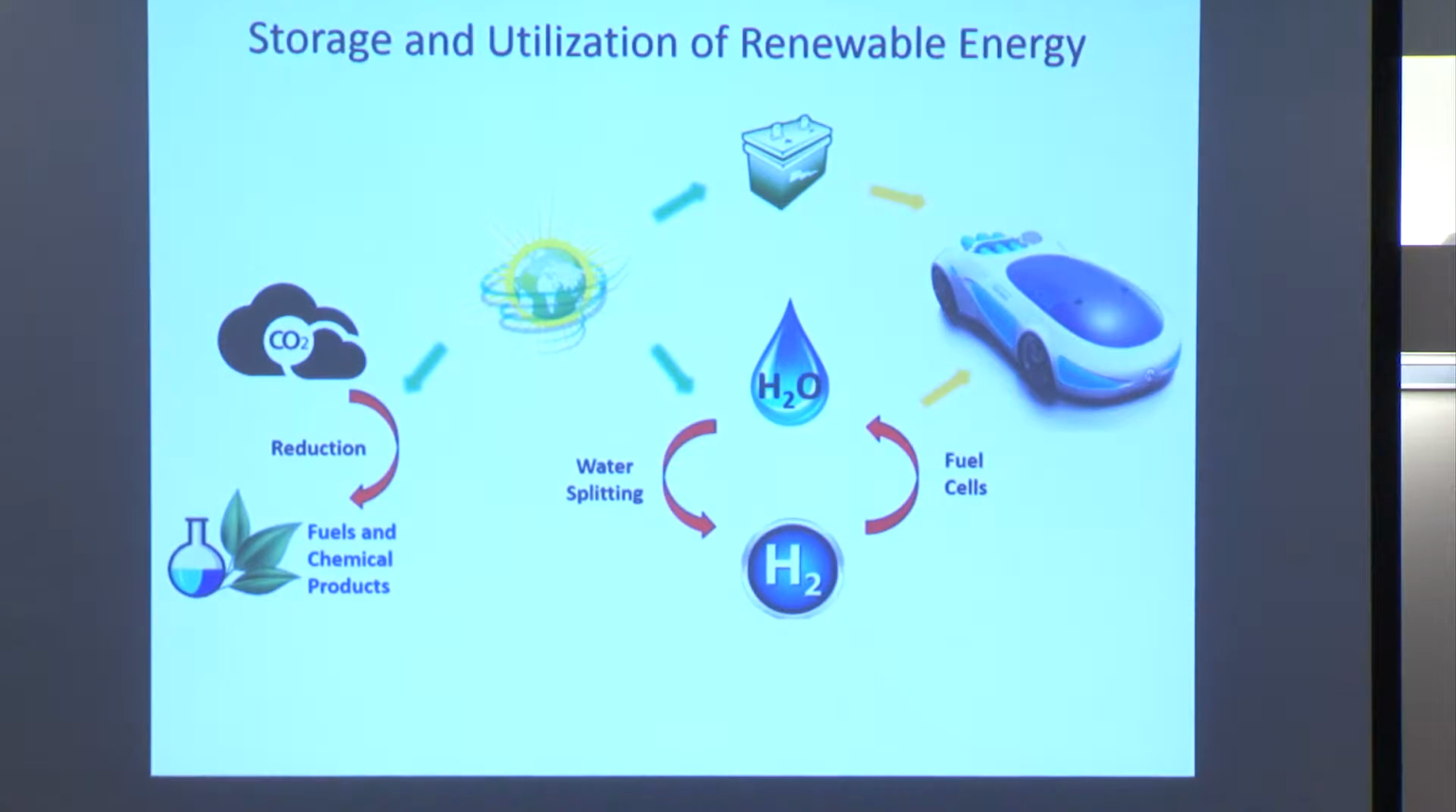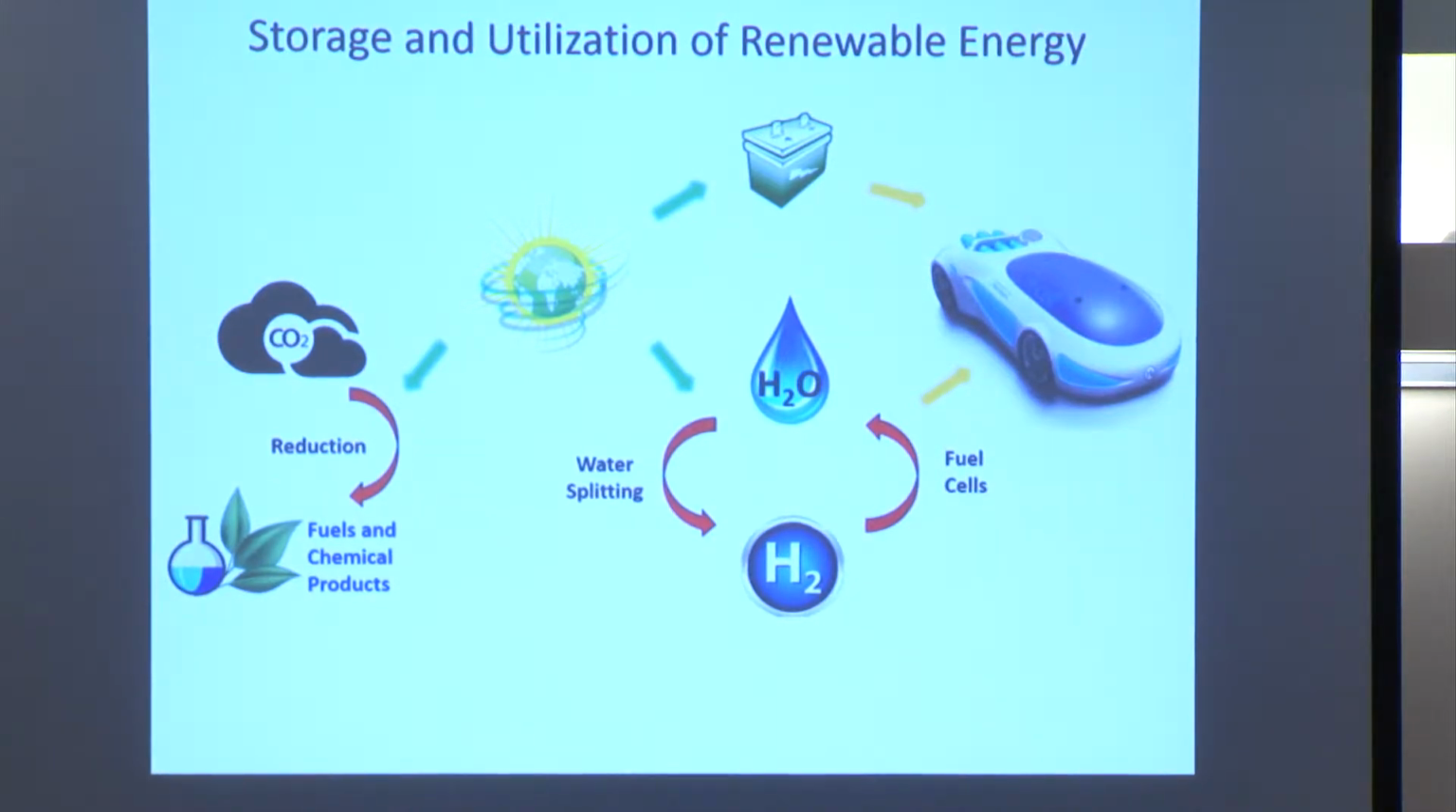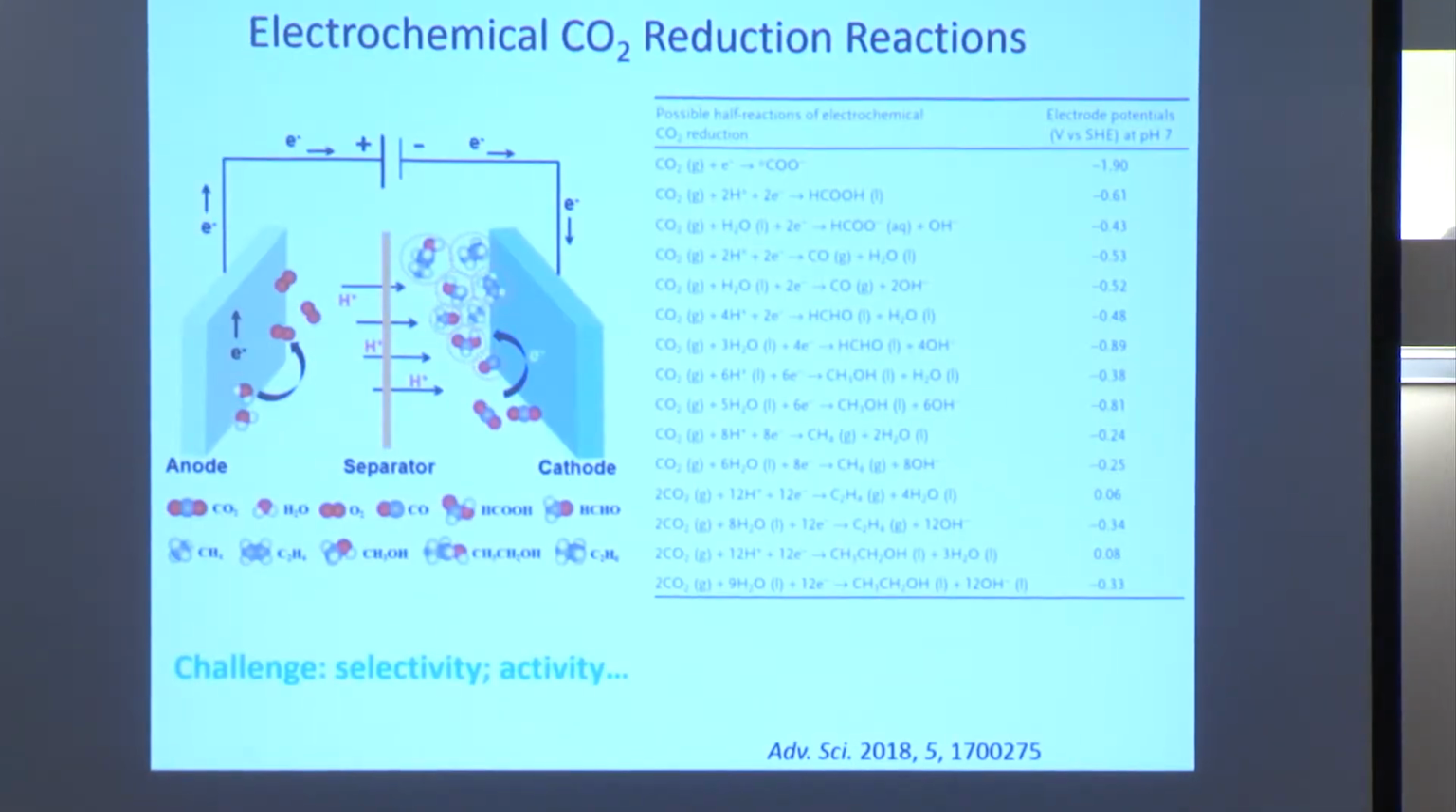So there's a lot of CO2 that we need to handle, and if we can make use of some renewable energy to convert, for example, carbon dioxide back to fuels and then use it for chemical products, that would be a nice thing to do. Right? Then if we look at this reaction, electrochemical carbon dioxide conversion, typically you have an electrolyzer, then